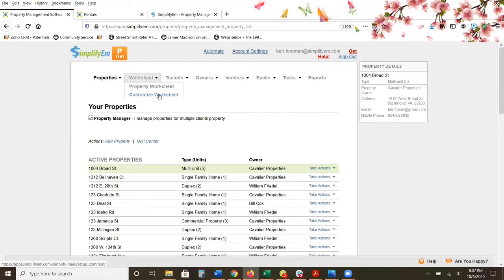And when you customize the worksheet, what you're doing is you're setting up your income and your expense line items for the property. In other words, what do you receive every month and what do you pay out every month, expense-wise? Then I'll show you how to enter a tenant, and then I'll show you how to record income and